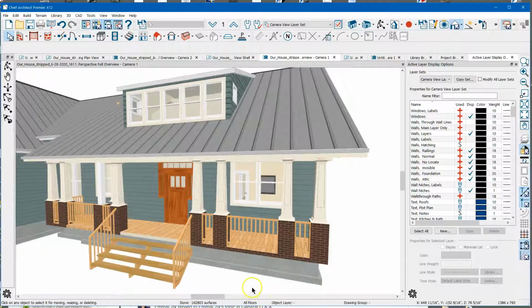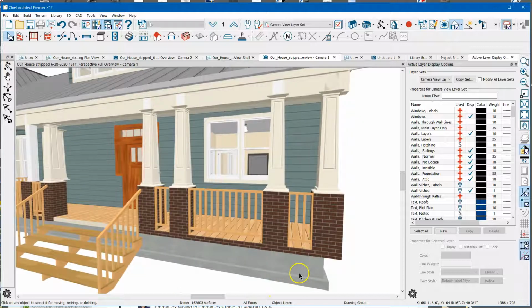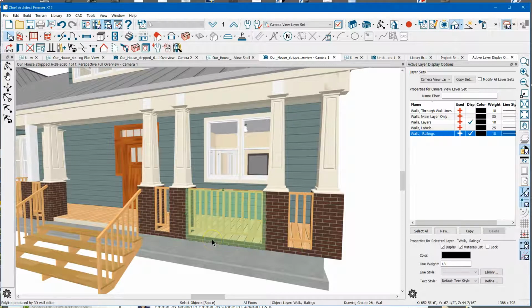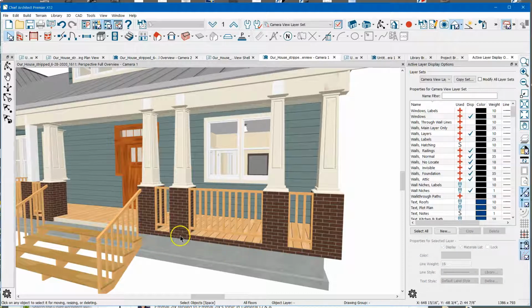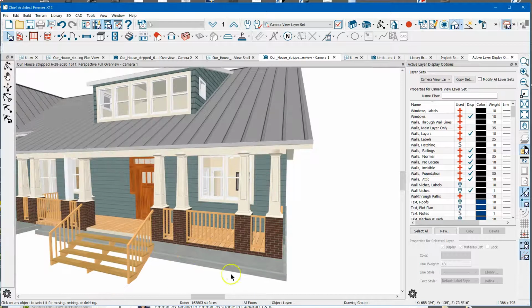The other thing that I noticed that was kind of unusual, and of course I don't know how this is going to be built, you've got a wood floor in here. It looks like you just painted wood on the floor or something, and you've got this little wall right here that is a brick wall that's spec'd as a railing. So now you've got brick on the face here. So I don't know if you want brick eventually to go down on your foundation around the porch or what,